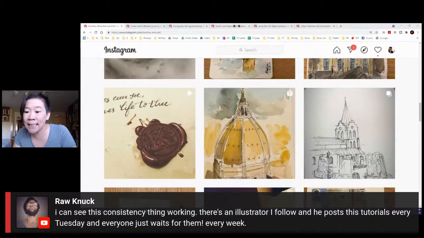Raw Nook says, I can see this consistency thing working. There's an illustrator I follow, and he posts these tutorials every Tuesday, and everyone just waits for them every week. Yep. And actually, we are going to do a similar overhaul in June, and there's going to be more details about it pretty soon,